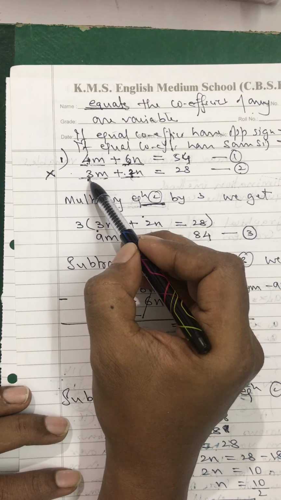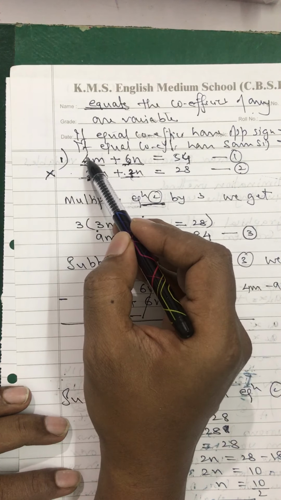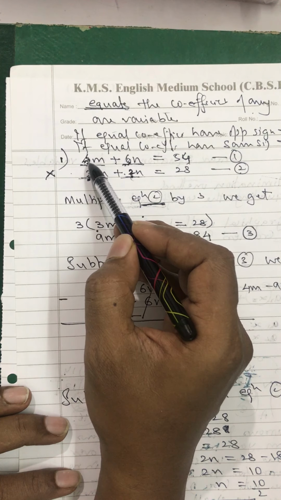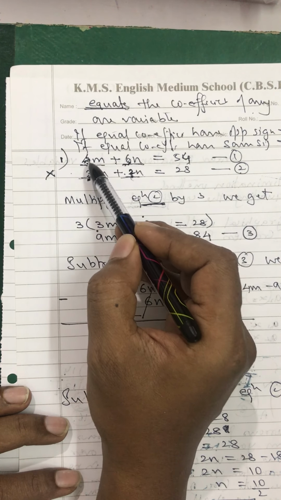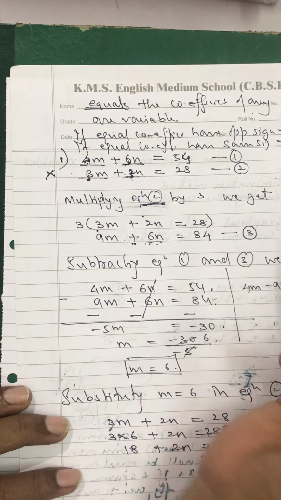Here I can't multiply a2 by any number to get a1. Sometimes it will be different. Sometimes a1 can be multiplied by a number because at that time a1 will be smaller than a2. a1 will be multiplied by a number so you get a2, and then you will multiply both the equations. Okay, fine. So it is like this.